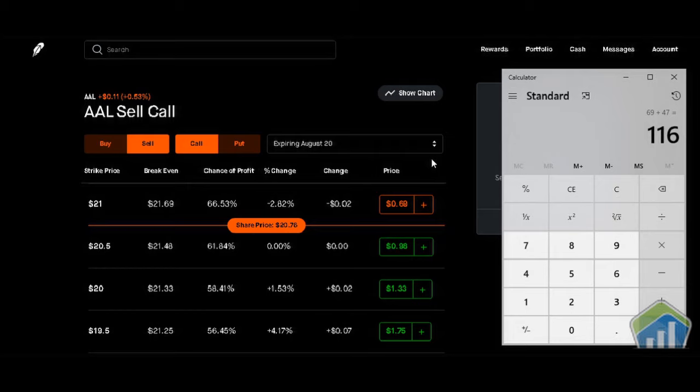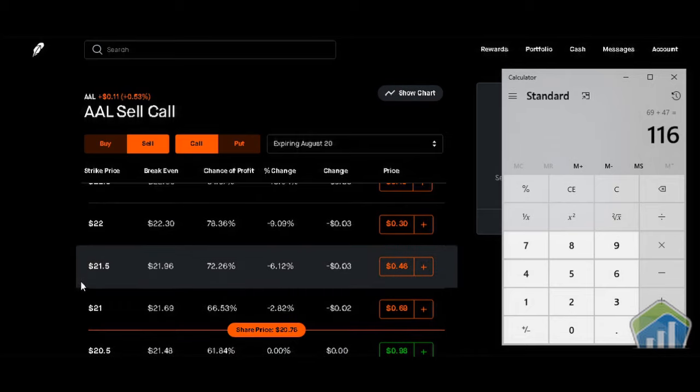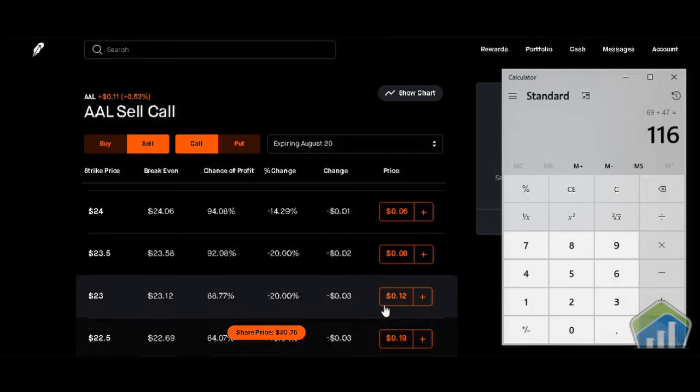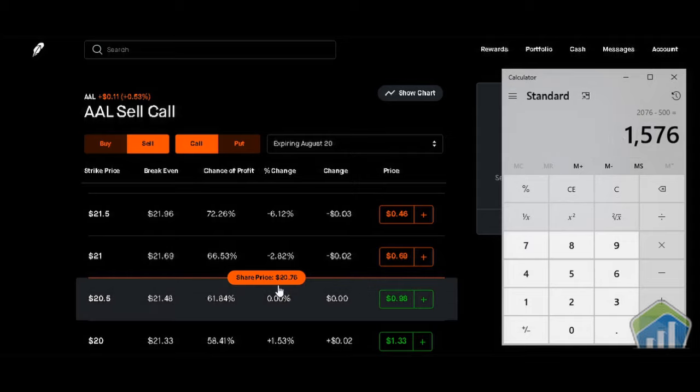So the goal of doing these covered calls is really to average the price that you spent down over time, right? Because you own these shares. So you're waiting for the price to go up, and at the same time, you're picking up these premiums over time, right? So what happens if you still own the shares and you've picked up an extra $500, you would just look at what you spent, which was $20.76, and let's say you had already made $500 off of doing the covered calls, then you would just minus out the $500, and now you actually have averaged yourself down to $15.76, which means if the price is still